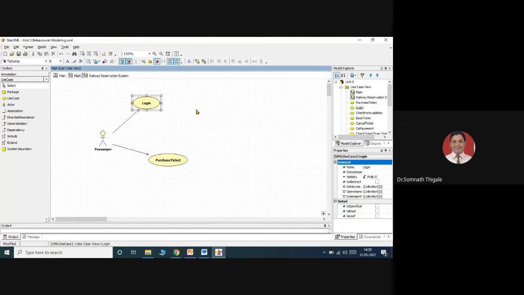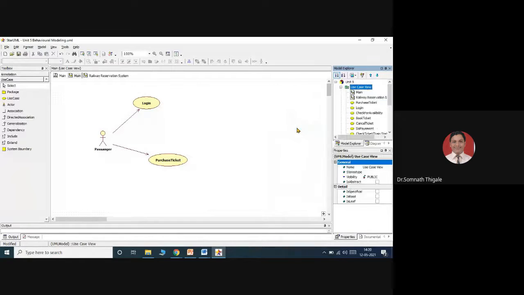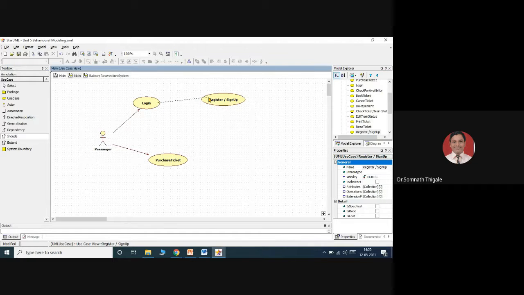So the basic functionality we need to understand is to add a use case, register or sign up, for the program. After sign up only can you use the user ID and password. So I will say that this part is an include part.